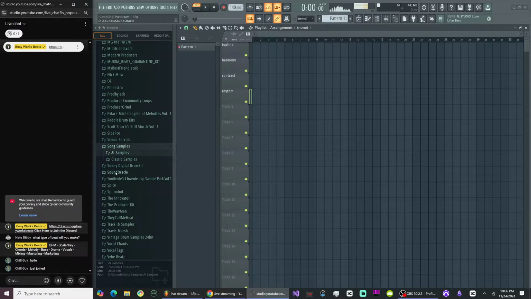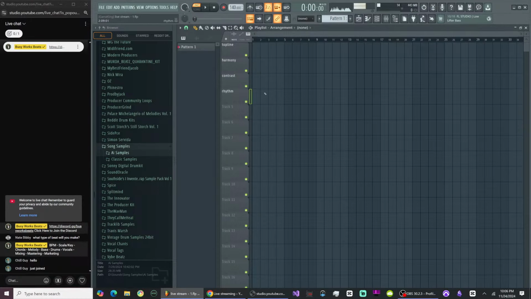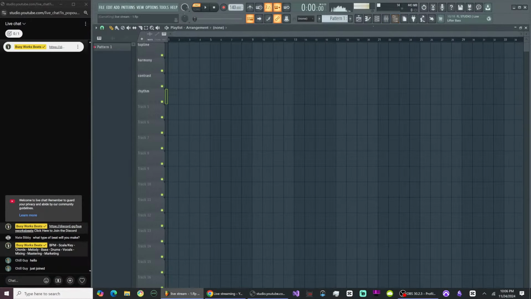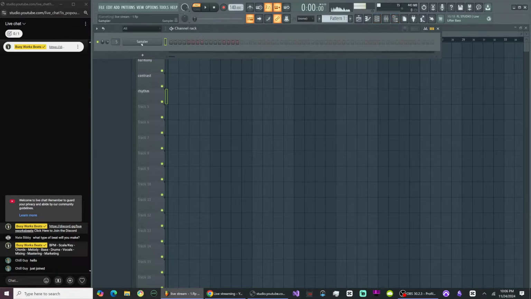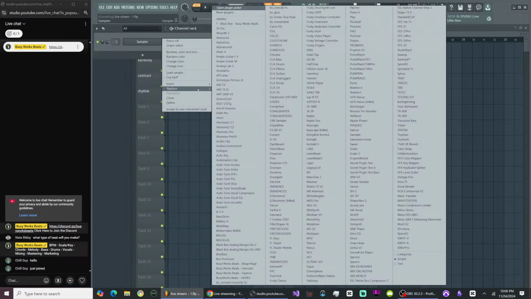All right, so let's start making stuff. Okay, so the first thing is, now where do I usually start? I usually start with harmony. Once you guys understand harmony, you'll unlock melody. Everybody wants to skip harmony, but this is the reason why you're stuck. So let's open up an instrument and let's pick some stuffs.